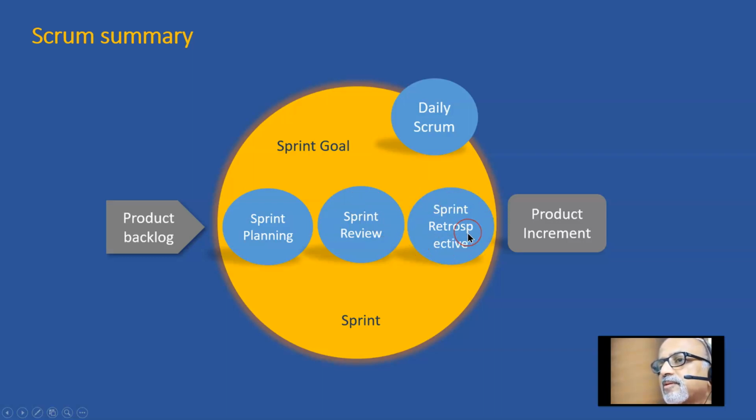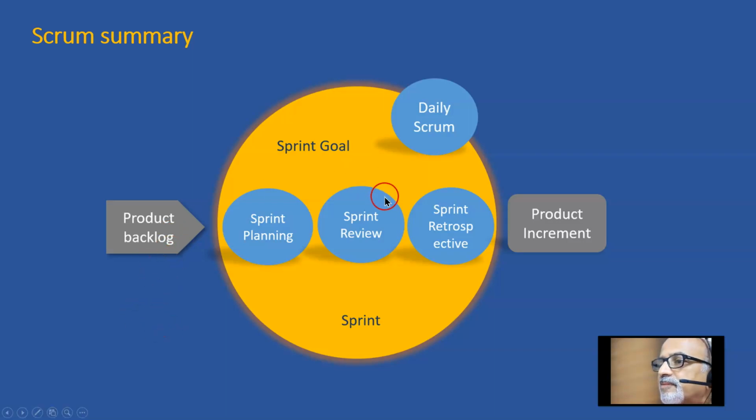We discuss what things we did right and what things we did wrong. This runs for approximately 3 hours for a 30-day sprint. If the sprint duration is less than 30 days, then the duration of the ceremonies can be reduced. Again, it is the team's decision. At the end of it, a product increment comes out of the sprint, and they get into the subsequent sprint planning meeting, and these sprints or iterations continue till the complete product backlog is exhausted.